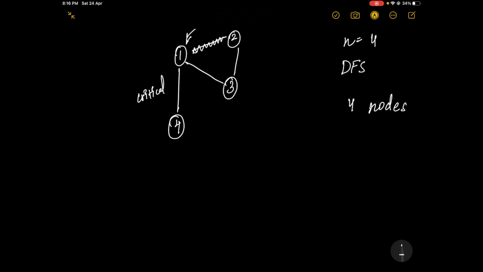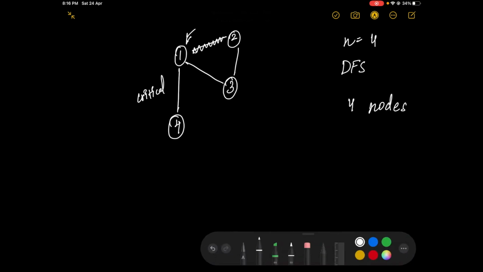So basically, if by doing the depth first search we still get the same number of nodes as the number of nodes which has been given to us, then that is not a critical connection.